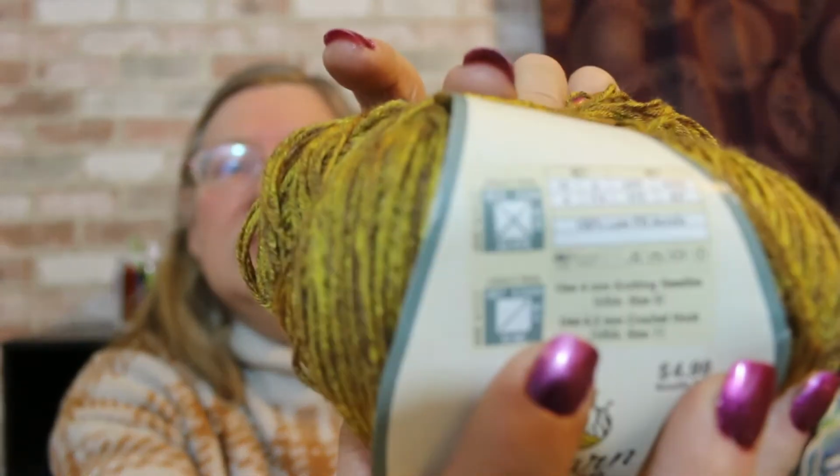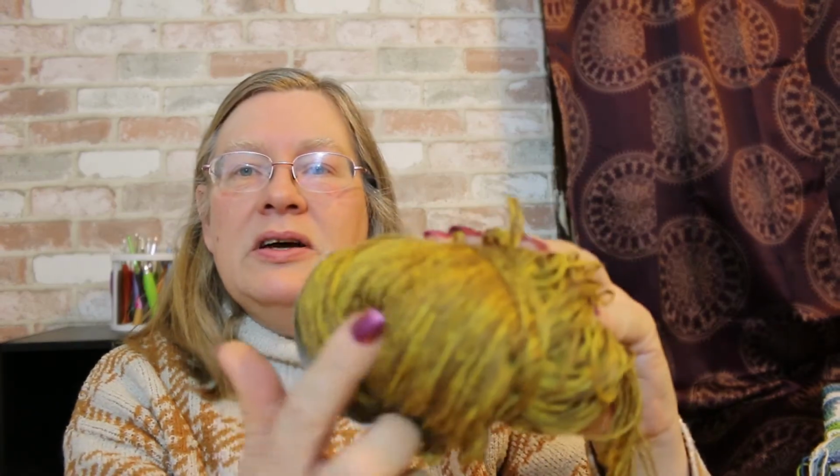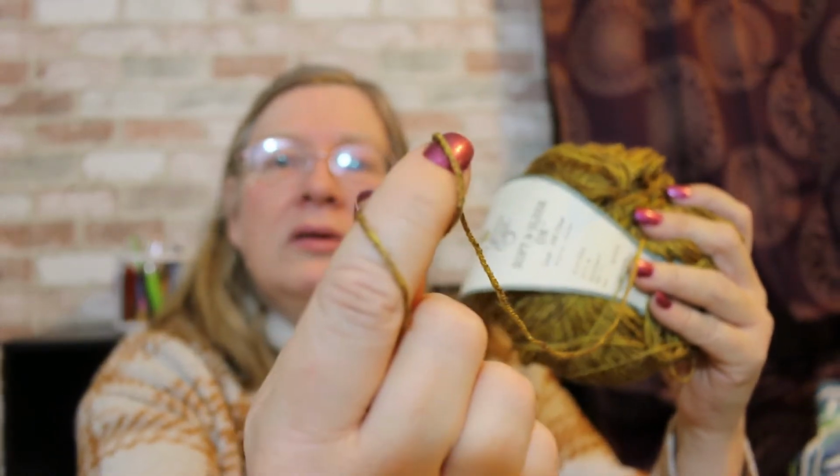I don't know if that's going to show, but it's a 3. The color for this is Dijon. I absolutely love this, and I thought it picked up some of the hues that were coming through with the sun, the wood. Sorry, it's fallen on the floor. I'm trying to keep it up off the floor. So can you see how thin this is on my finger? It's pretty thin for a DK. And so it worked up